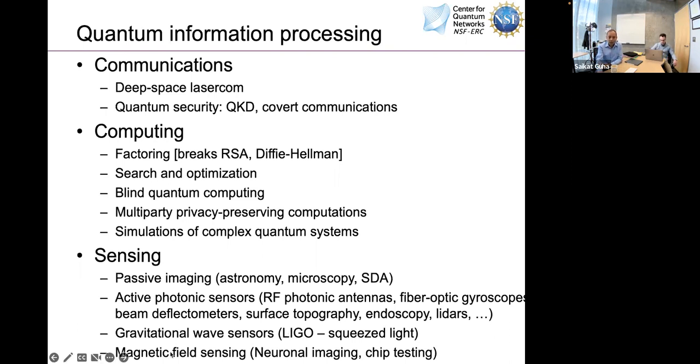And then applications such as magnetic field sensing, which have applications to detecting tiny signatures of magnetic field perturbations due to neuronal spiking patterns in your brain, or testing microelectronic chips, because the current flowing in the chips can create a magnetic field that you can sense, and then in turn use that to get a tomography of the electronic chip. So in all of these applications, using non-classical states of light and non-standard quantum measurements can give you better performance than classical